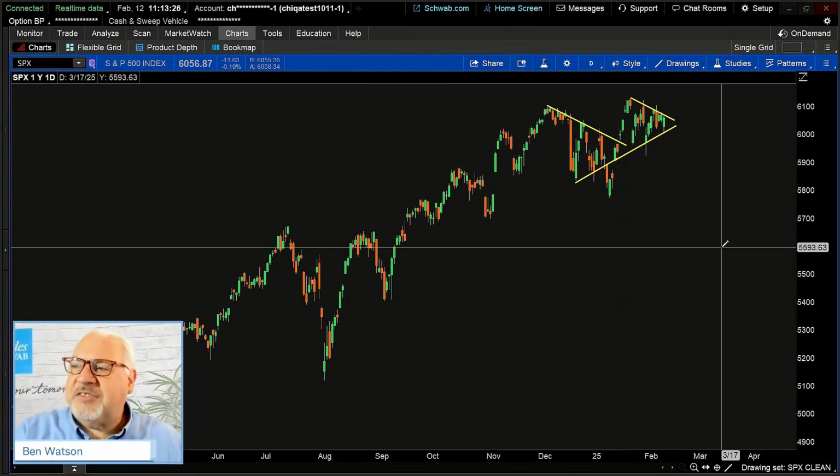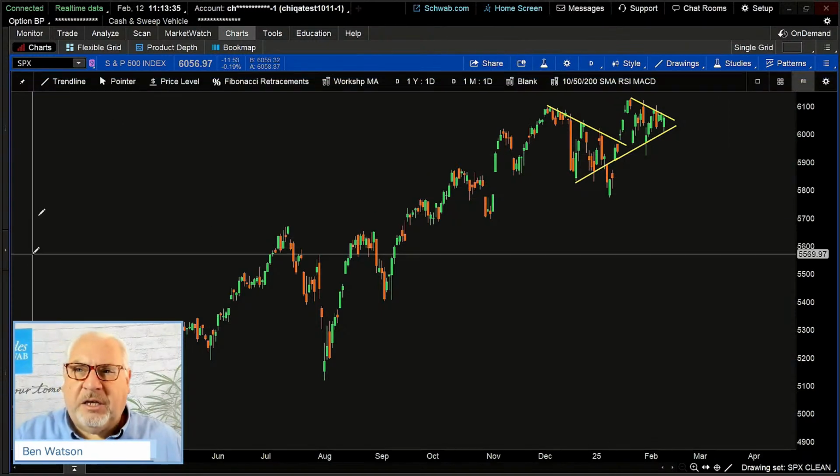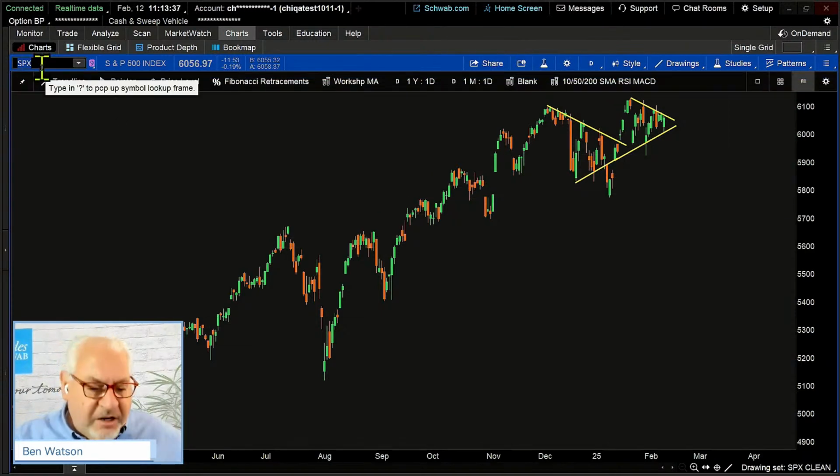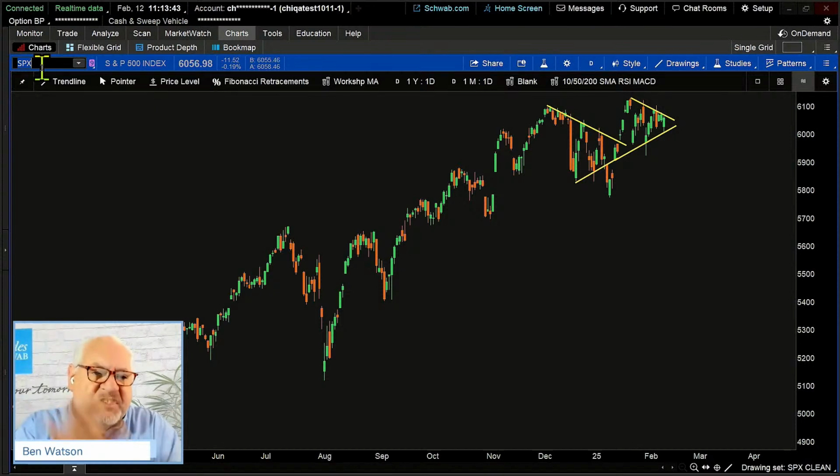But that being said, there's that potential for upside movement. We see that then playing itself out in individual stocks. So I'm going to change my single grid here to an individual stock that I happen to be watching, and this is in a watch list. So we're not going to really talk about what stocks we're going to trade here, but how we might look